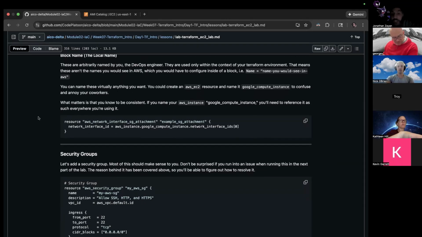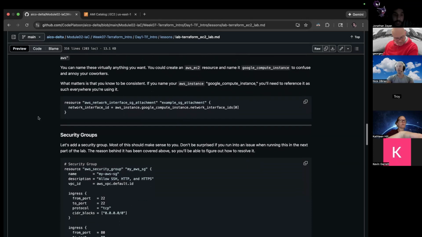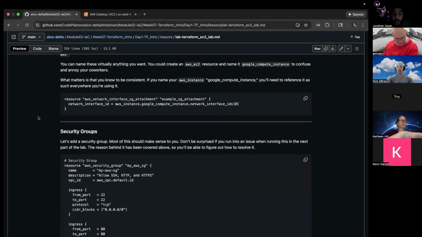What matters is to be consistent. If your name is AWS instance, for example, or you call it Google Compute Instance, you'll need to reference it as such everywhere you're using it.